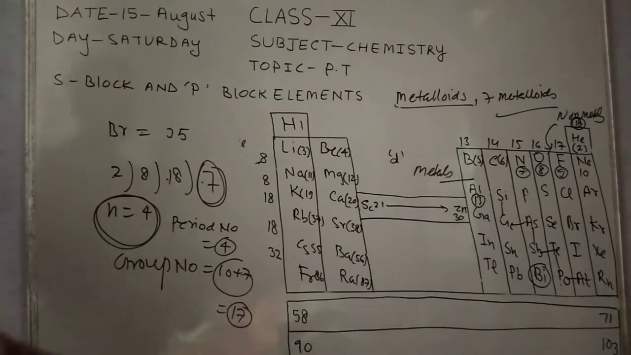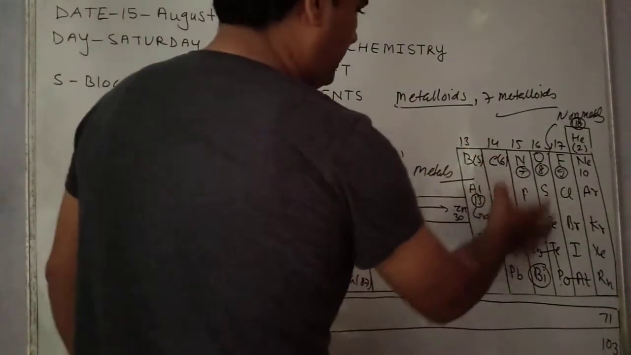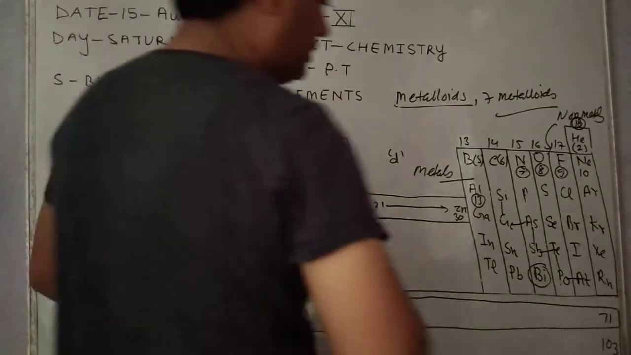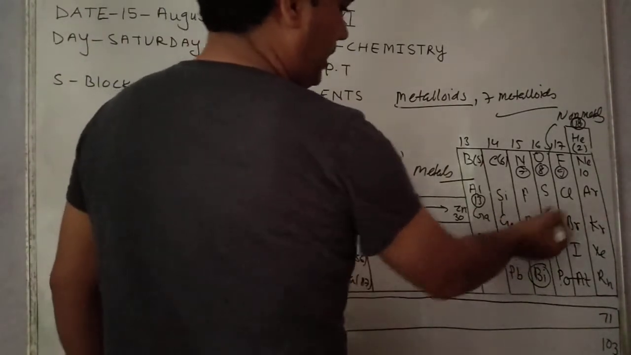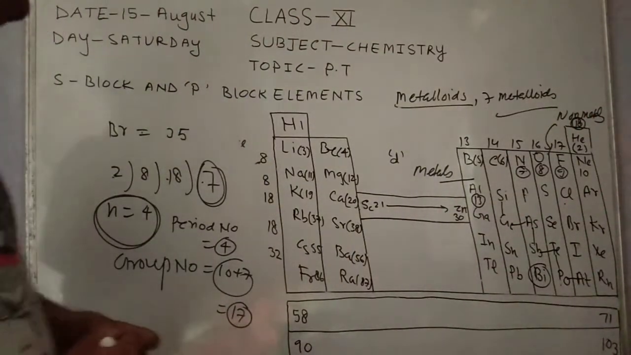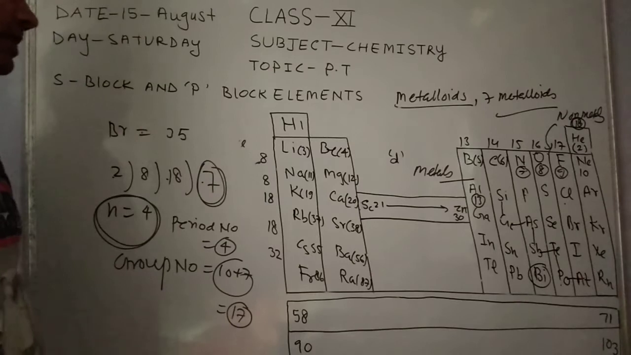So p block elements are those elements in which the last electron enters the p subshell. P block elements contain metals, metalloids, non-metals and inert gases. In the next video I will discuss